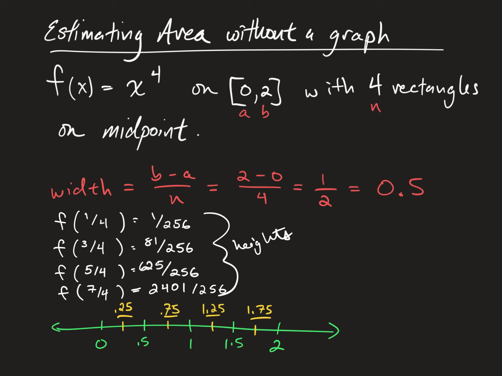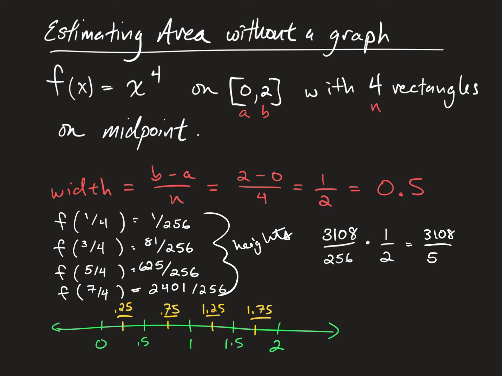So when you add all of these heights together, you end up with 3108 all over 256. And then you can multiply that by 1/2. So it would have been this width times 1/2, this width times 1/2, and so on. So you can essentially factor out the 1/2, add them all together,